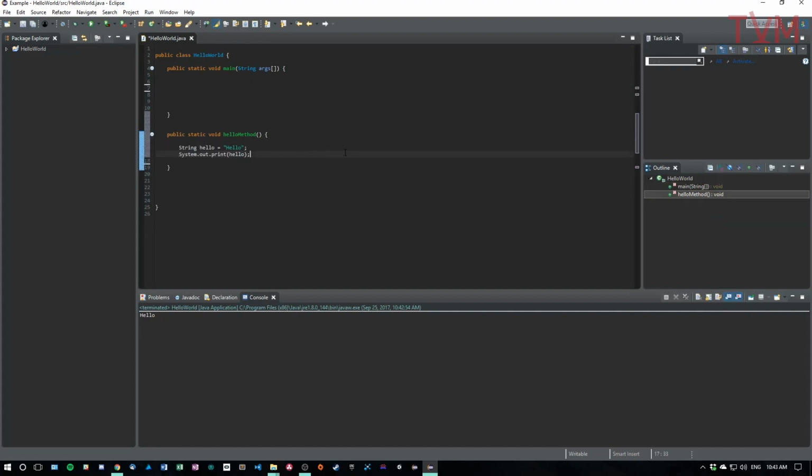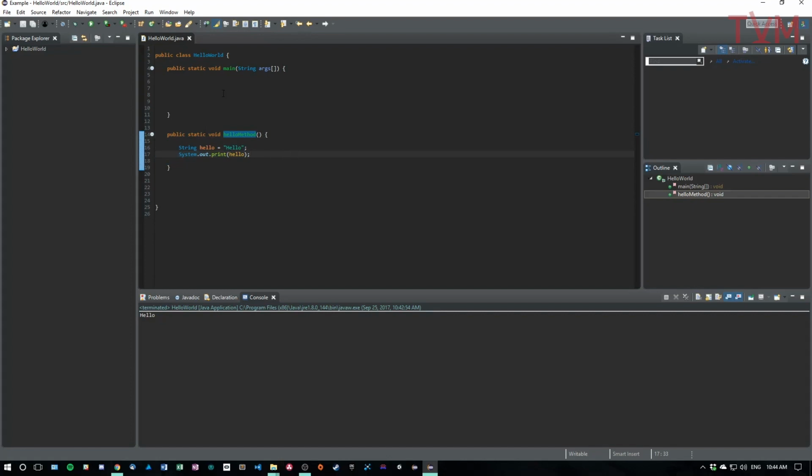and then we're going to move the code inside this method instead. To explain what's going on here, don't worry about public for now, that's going to become obvious later. Don't worry about static, don't worry about void. Here is the name of the method, and this is normally where you're going to put inputs, but we're not going to do that until another video. So we have this method now, public static void helloMethod,